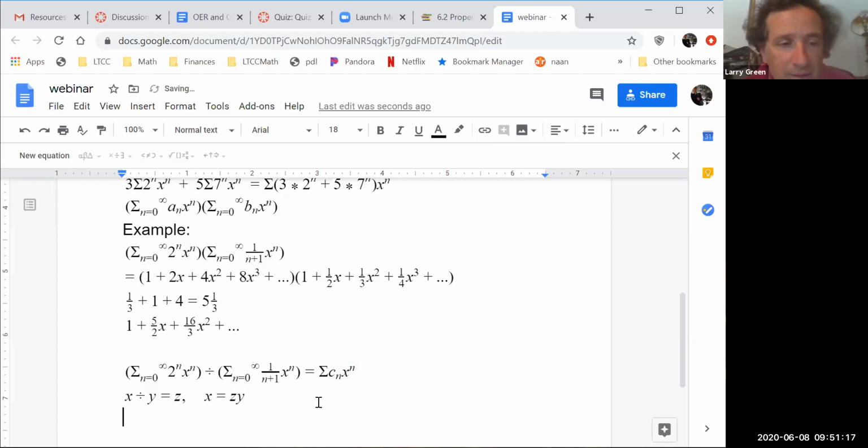So now we can rewrite it as kind of a questioning thing. So we can say X, which is 1 plus 2x plus 4x squared, plus dot, dot, dot, times